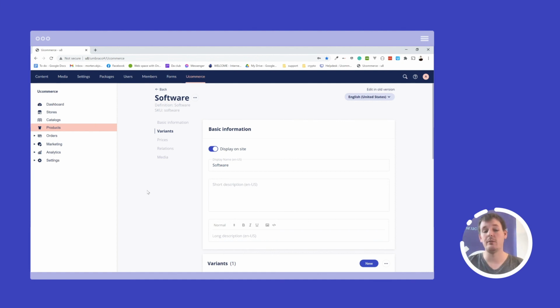Products can of course also be imported into the system in case that you have a large ERP system with a lot of product data and you want to import all that in and not edit it in here, then that's perfectly possible as well. Related to products, it's also important to say that products can exist in multiple categories. It can even exist across catalogs and stores.